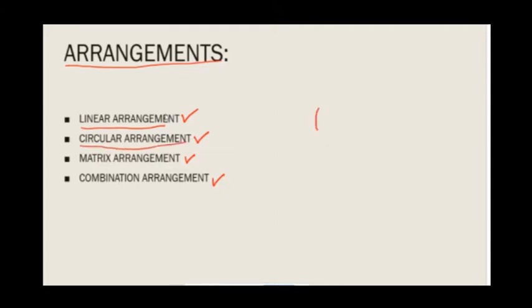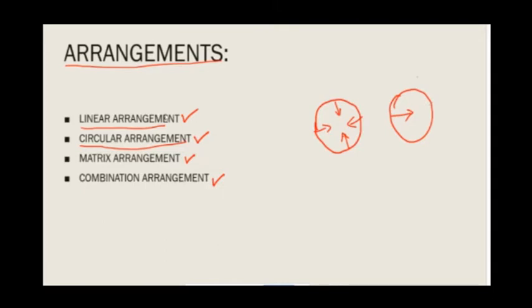Now, what is a circular arrangement? Circular, as the name itself indicates, could be around a circular table. It could be a dining table where everybody is facing the center. In a family of 4 seated at a dining table, you all will be facing the center. But in your college canteen, with a circular table, one person will be facing the center and another person may be looking at the other table as well. These kinds of conditions also arise.